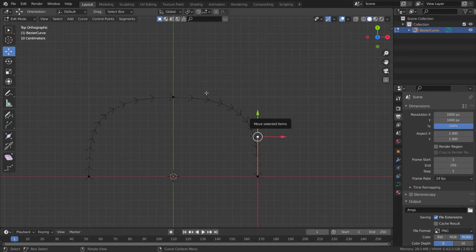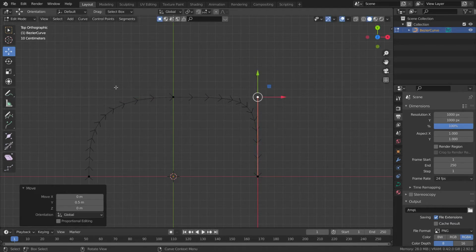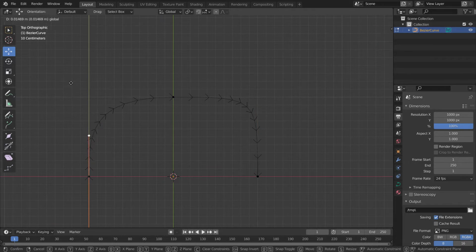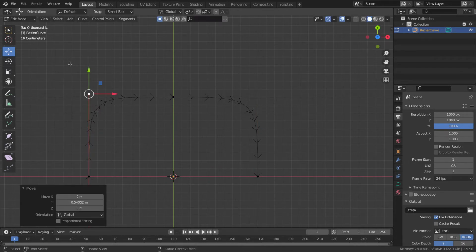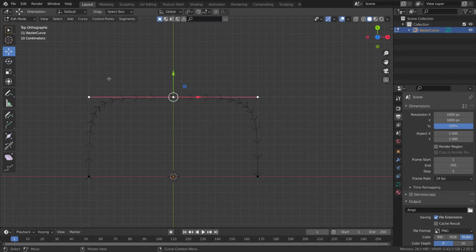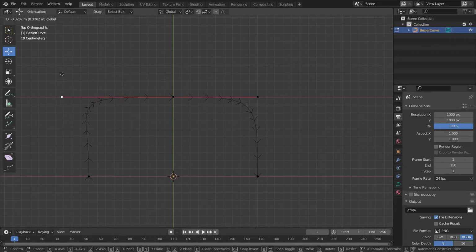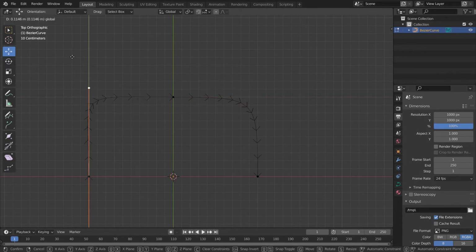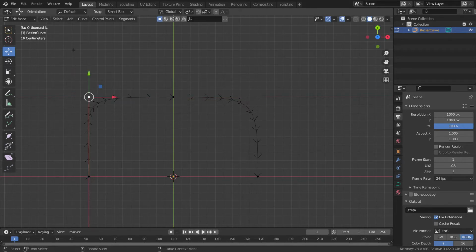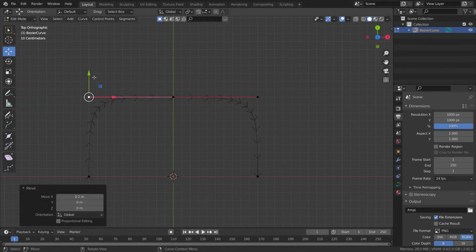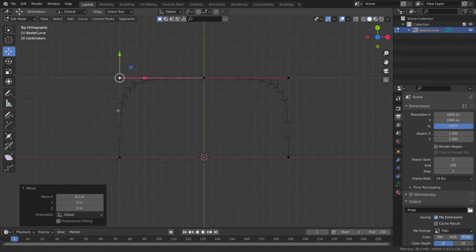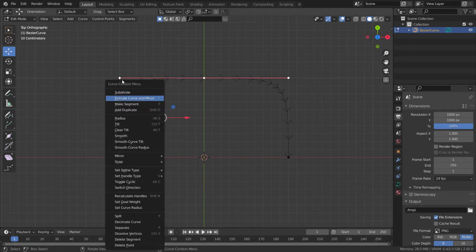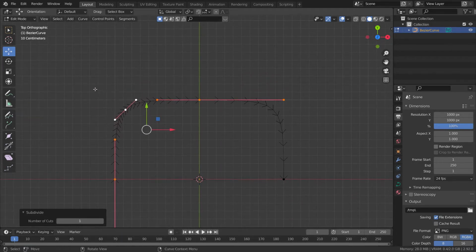Okay, so now I can just grab it till there, and then grab this towards till there. You can make this curve sharp as much as you want. You can just drag it outwards like that, and then you can also drag this inwards like that. Okay, so that way you can sharpen your curve, or you can just add a little more control by subdividing it.